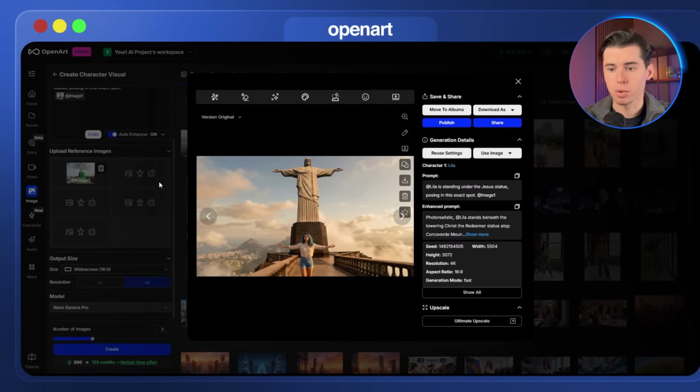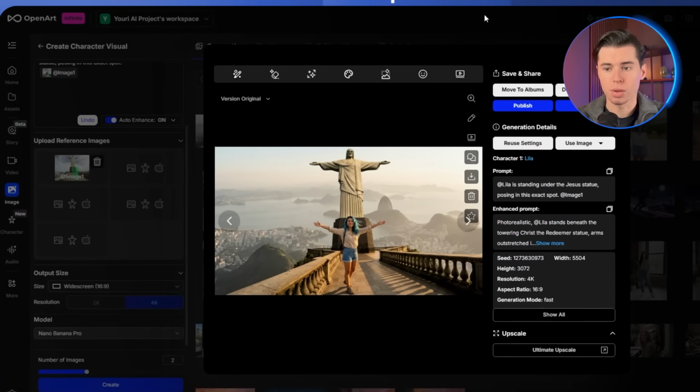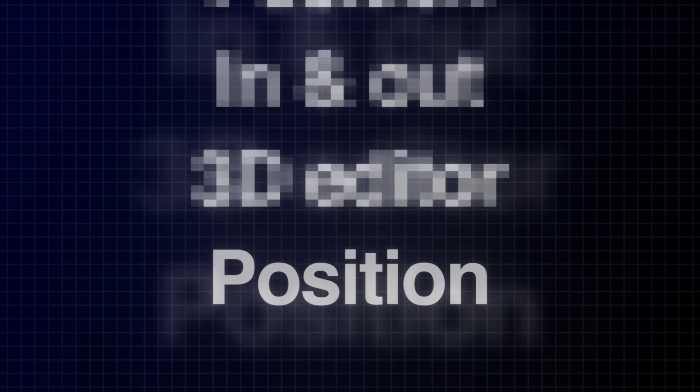We've got the perfect position, the exact place where we selected our rectangle, but we didn't have to prompt around it. We didn't have to say she is right on the corner of something. The AI just immediately got what we meant. That is just one of those features that you would absolutely love to have, and now you finally have access to it. Probably the coolest and the best thing you can do with this consistent character feature is easily create